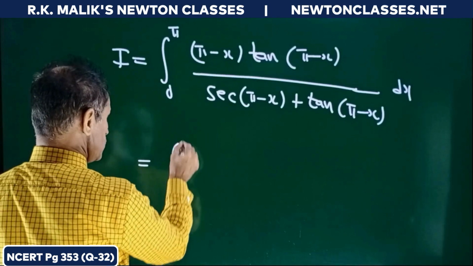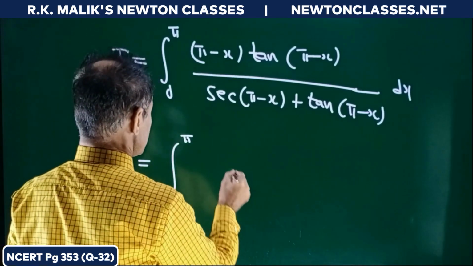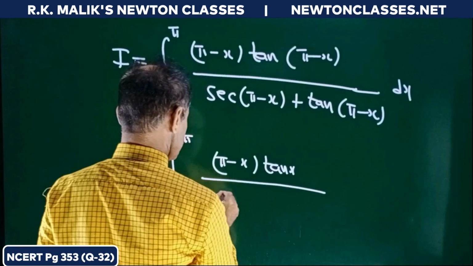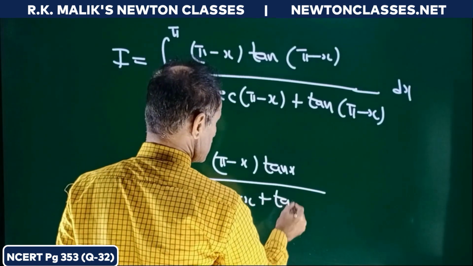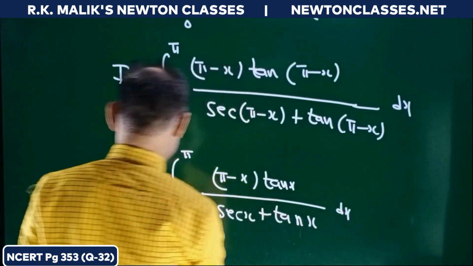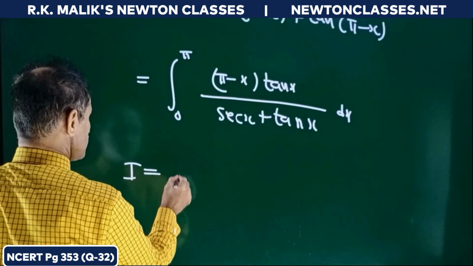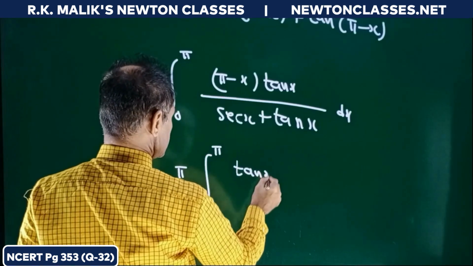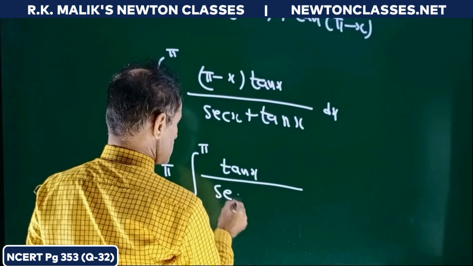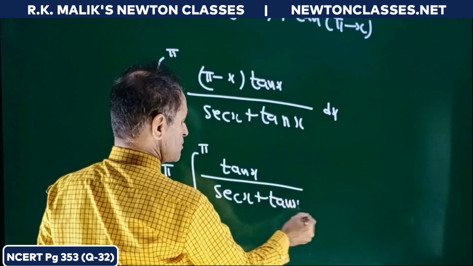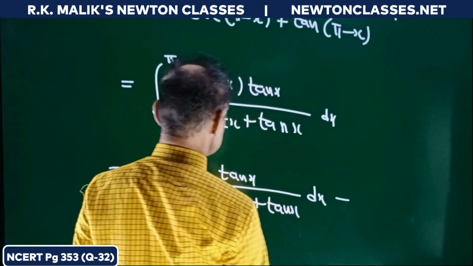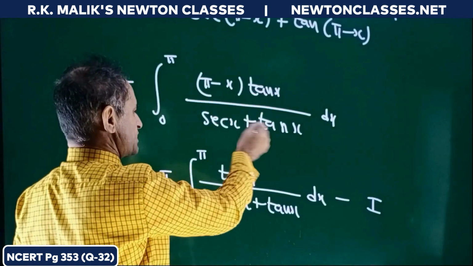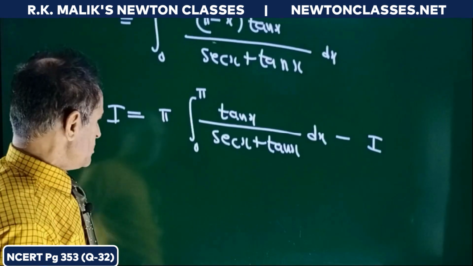This is equal to the integral from 0 to pi of (pi minus x) tan x upon sec x plus tan x dx, that is I equals pi times the integral from 0 to pi of tan x upon sec x plus tan x dx minus, again the integral of x tan x upon sec x plus tan x, which is I, and now I get